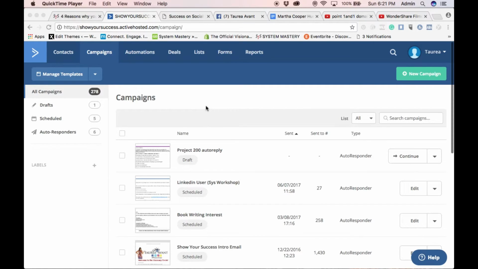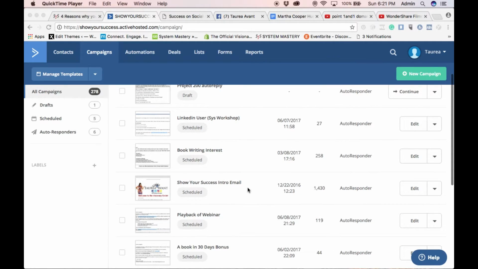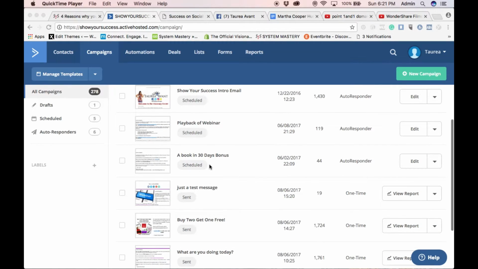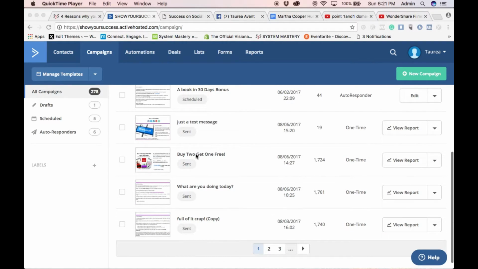Now, there is something that is super dope about ActiveCampaign as well. When you send out your messages, the reports that it gives you. Okay, so I know I said I wasn't going to necessarily touch on this tab, but you guys, you got to see it. So let me just show you. For example, I'm going to show you not the autoresponders, but I want to look at the one-time emails. So for example, this one right here, this email that we sent out,